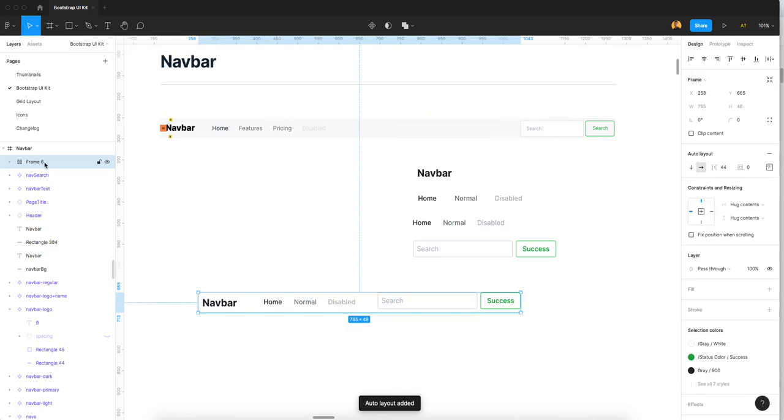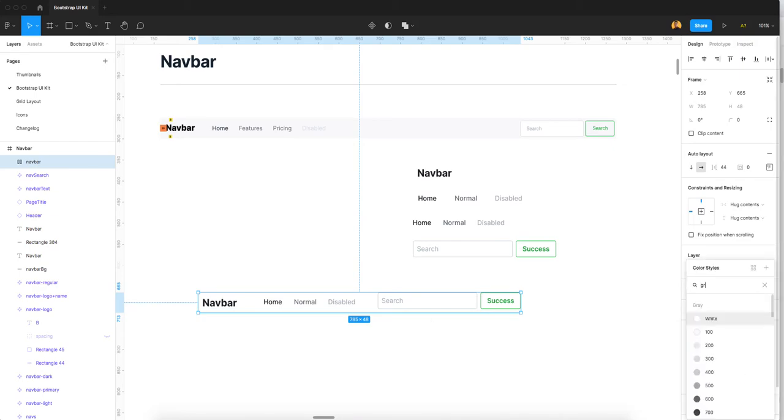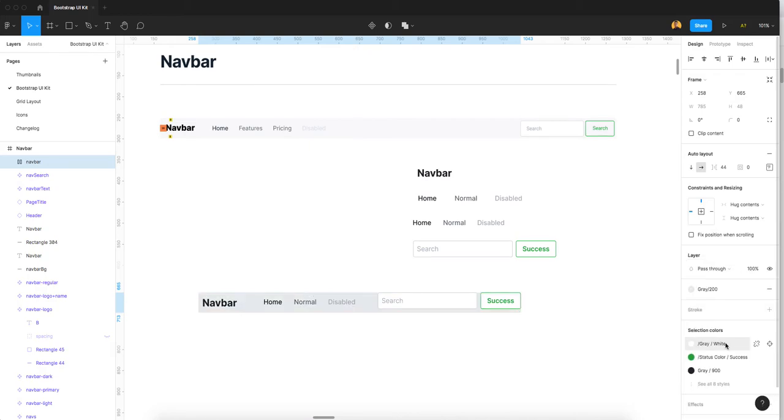Now I give the name of this: navbar. So this is our navbar. I will color it gray 200 for visibility. Now I need to add space, because we don't have any space top and bottom.